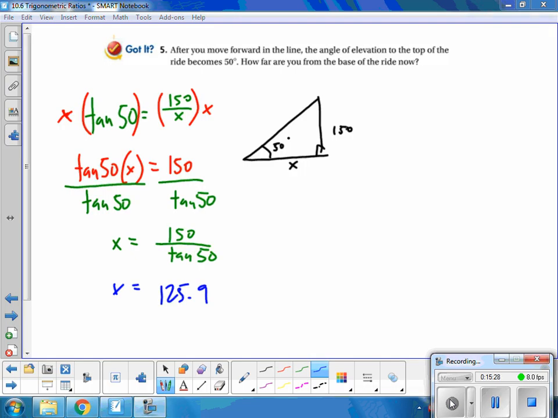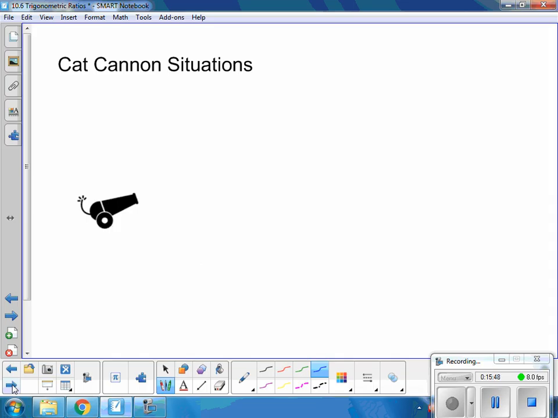So when I work out my tangent ratio, tangent of 50 degrees equals 150 over x. Do my operations here, and I end up with 125.9, so the nearest tenth would be 130 feet away is how far I'm standing away, looking at my friend and waving at them in that fun ride. Oh yeah. You can pause and move on if you would like,